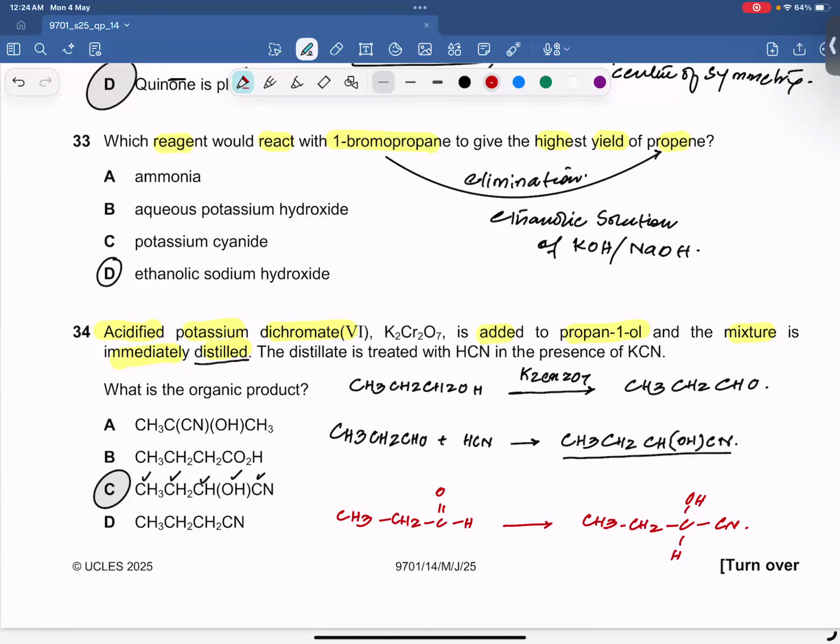ओके, और आपको पता है ये कायरल कार्बन एटम भी है, चेक करें 4 डिफरेंट ग्रुप्स लगे हैं, पूछ नहीं रहा लेकिन मैं फिर भी बता रहा हूँ आपको। तो जब एल्डिहाइड में साइनोहाइड्रिन बनता है कायरल कार्बन एटम अवेलेबल होती है, ये जहन में रखना बात, ठीक है। क्वेश्चन 35 पे चलते हैं।